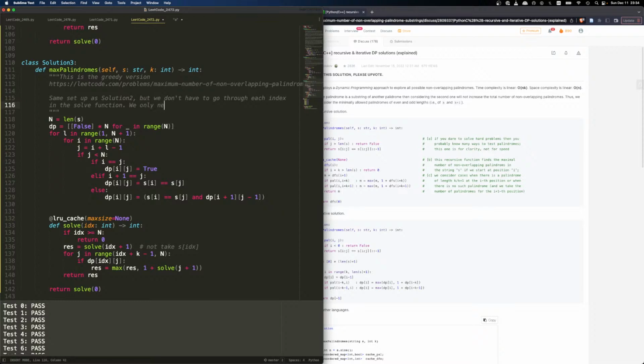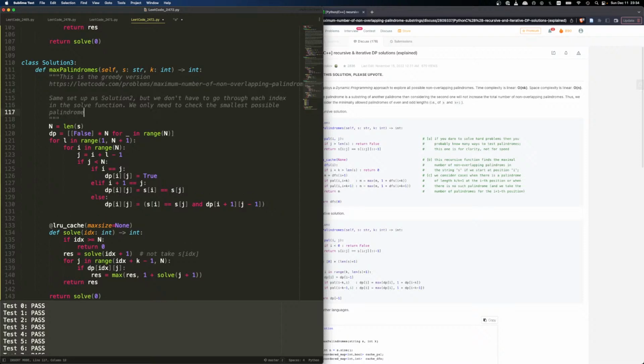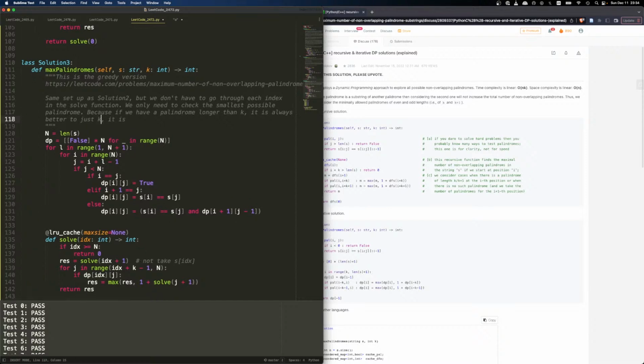We only need to check the smallest possible palindrome, because if we have a larger palindrome longer than k, it is always better to just consider the smaller palindrome of length k, because